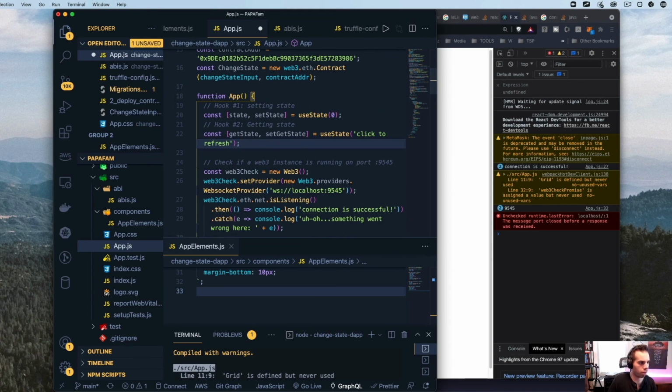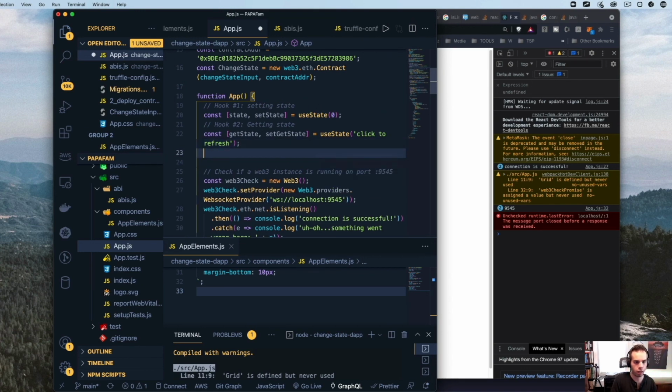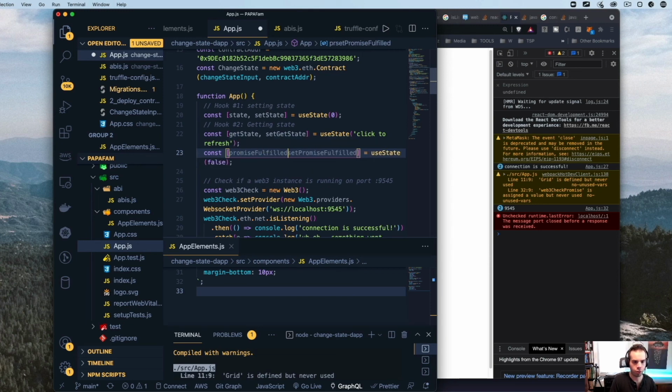So we're going to go up to this row and say const, and then useState false, because we want this to be initially false. And when we have a set promise fulfilled, we want something that will be the variable. So we're going to do promise fulfilled and then set promise fulfilled.